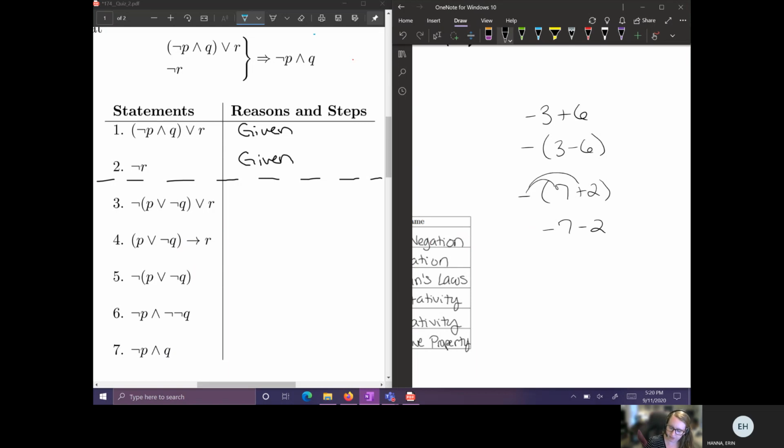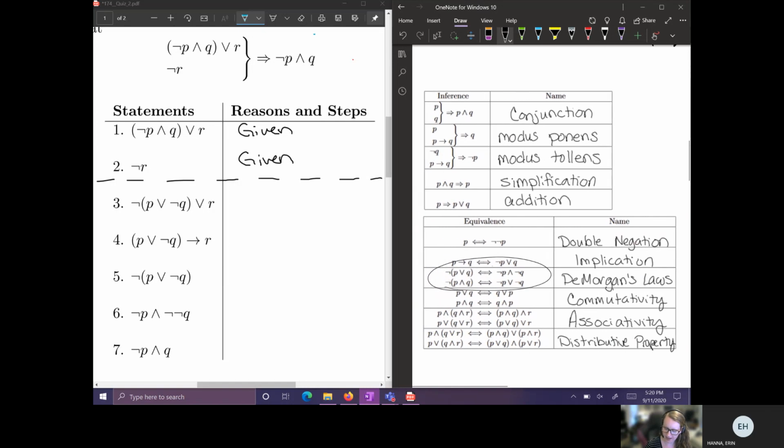And if you can follow the distribution of these negatives or the factoring out of the negative, that's kind of what's happening with De Morgan's. Not exactly, because we're working with logical symbols here, but if it's helpful, that is kind of what's happening. So even though we start with a negation inside the parenthesis, if you think about pulling a negation out of both of these pieces, if I pull the negation out of not P, I just end up with P. Now, if I pull a negation out of, if you'll allow me to say, a positive Q,